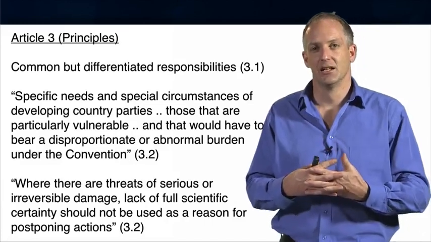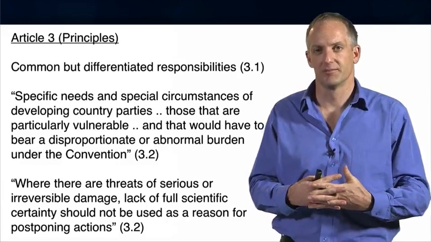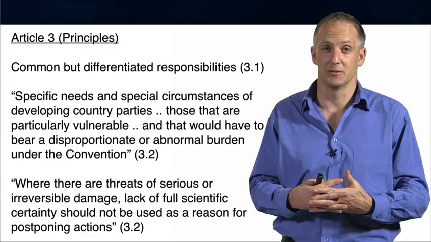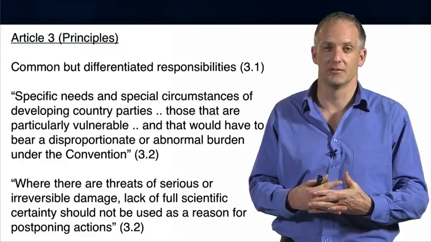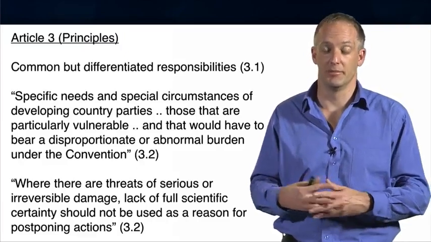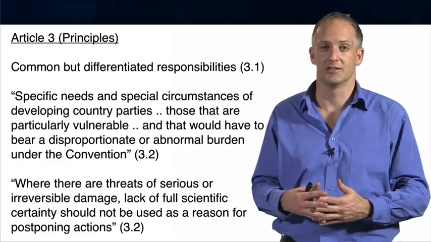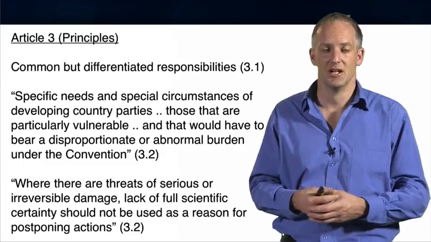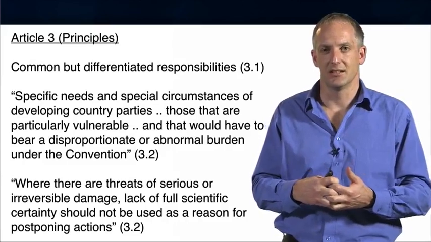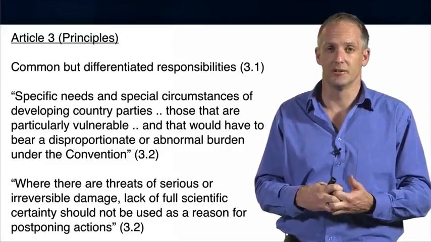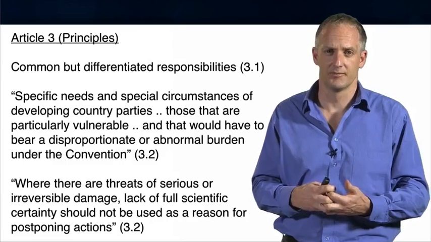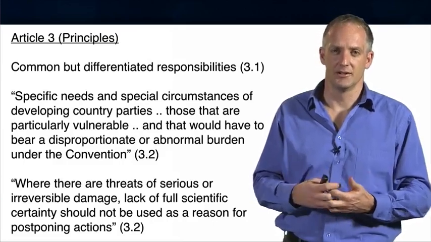In linking most vulnerable countries' concerns in the convention, which particularly concern reducing greenhouse gas emissions and providing support for adaptation, to the concerns of countries who are really worried and effectively opposed to anything that seeks to reduce emissions, into a single article, it created a really tight, conflicted tension that persists to this day, although it reached its head perhaps in the late 2000s. And I'll come back to this issue in a subsequent lecture.